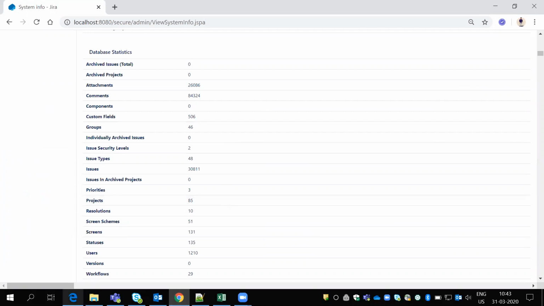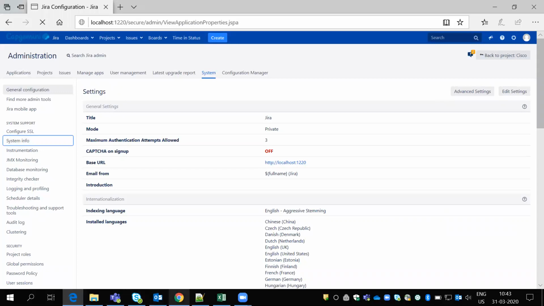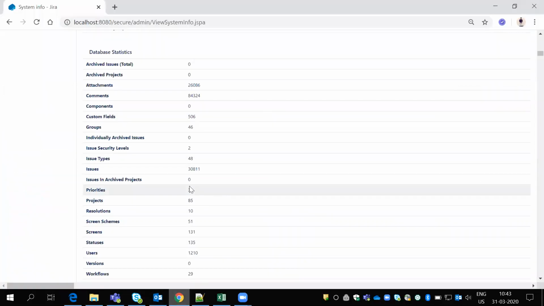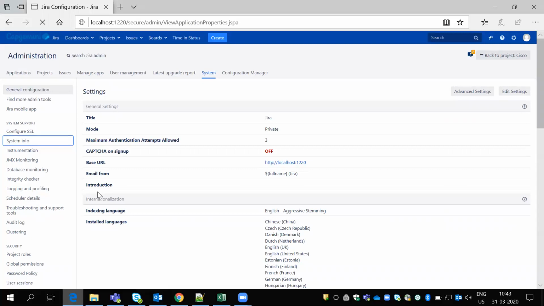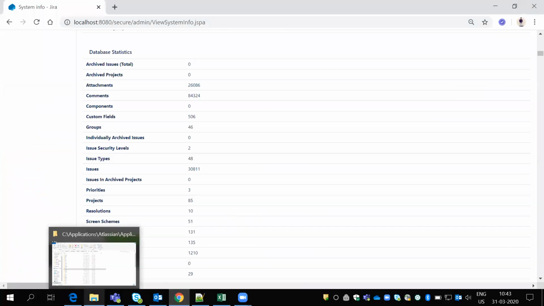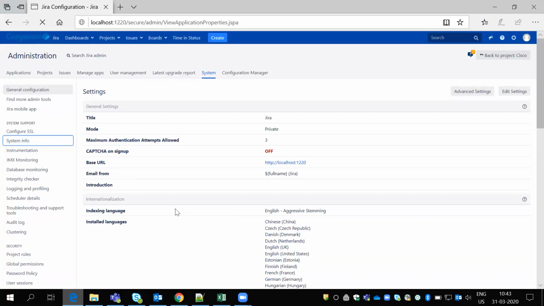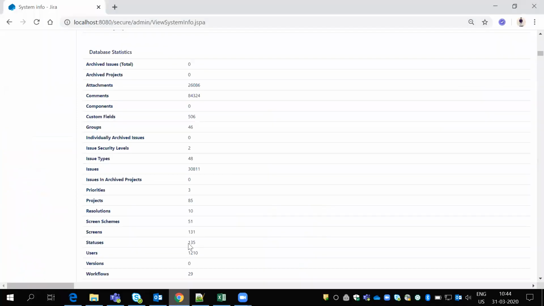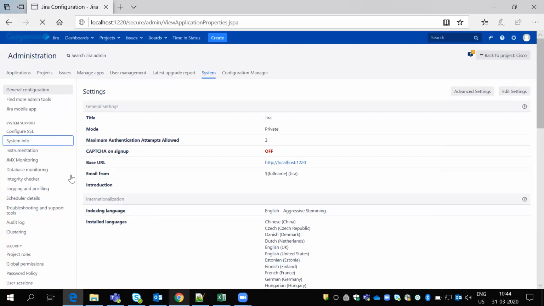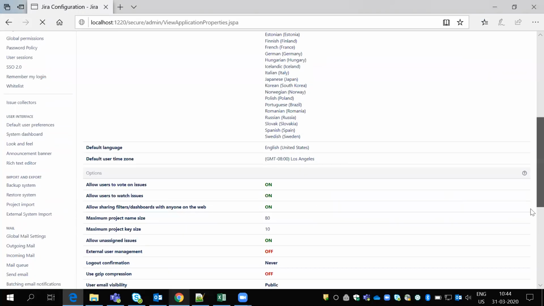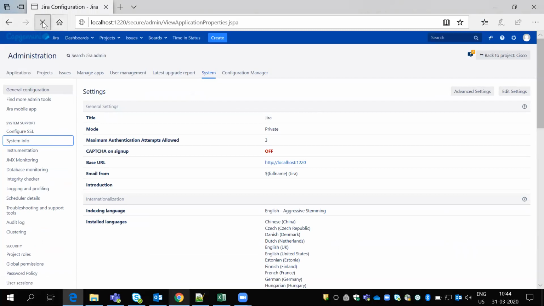Everything will be copied; the same will be available here and here as well. So we are just moving the data. So we are migrating data from production to stage. In this case, the data is available here and the same data I'm moving here as well.